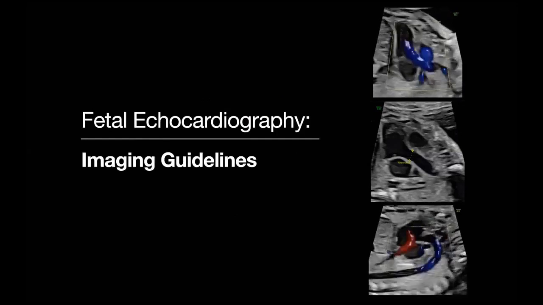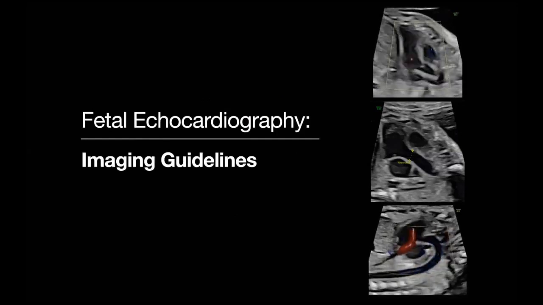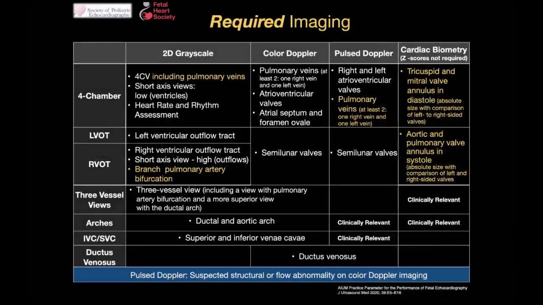So now moving on to the imaging guidelines. What is required in the updated fetal echo guidelines? So here you could see just a chart of the required imaging. We have 2D in grayscale imaging. We have the 4-chamber to include the pulmonary veins. So the areas that are actually highlighted in yellow depict what is currently updated in the guidelines. We have the short axis views at the level of the 4-chamber for ventricles, low for ventricles, heart rate and rhythm assessment. We also include the left ventricular outflow tract, right ventricular outflow tract, short axis view high to include